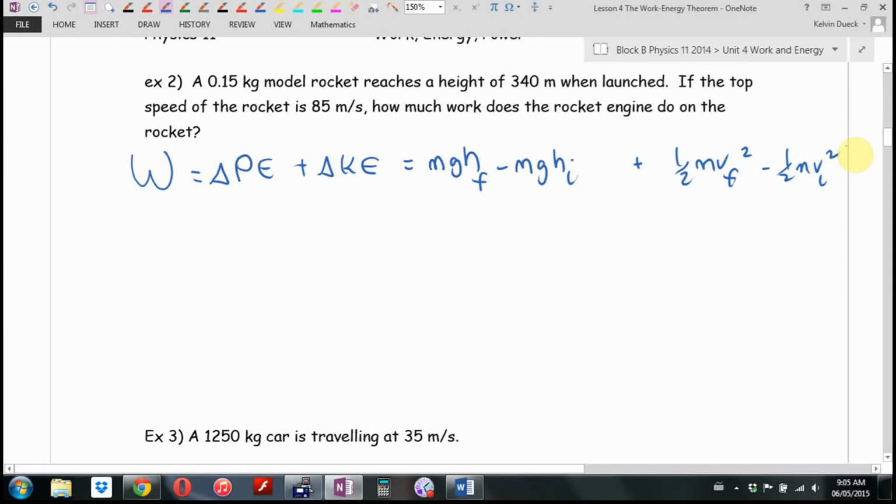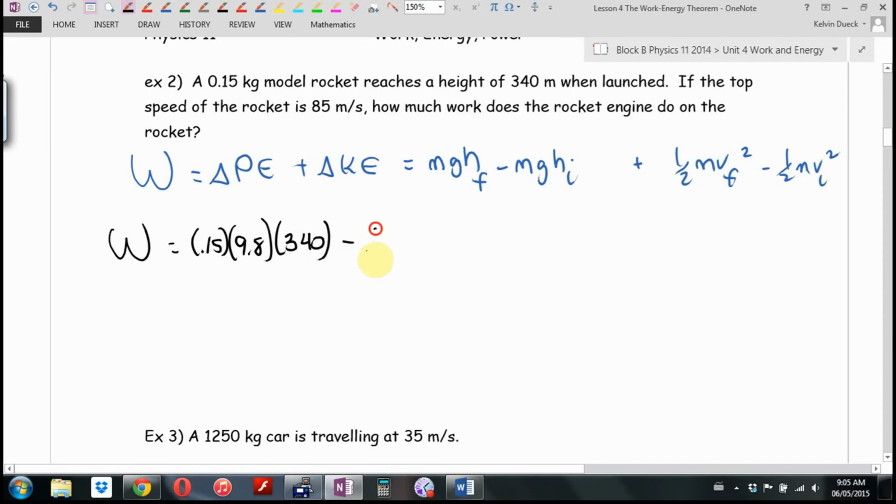Okay. M 0.15, G 9.8, final height 340 minus